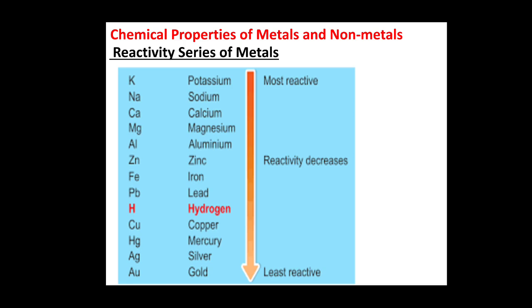Children, just see this reactivity series of metals. Just have a look, make a pause of it. This is how potassium is most reactive, and as the arrow mark is showing, the reactivity of the metals decreases, and the least reactive in this list is gold. Okay, you have to remember this in this manner. Then only we can answer for the next reaction, that is displacement reaction. So once you remember this, then definitely you will be able to answer the next reaction.